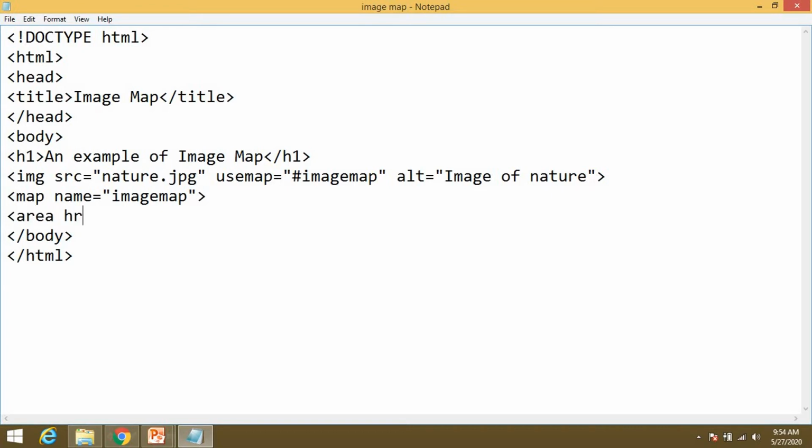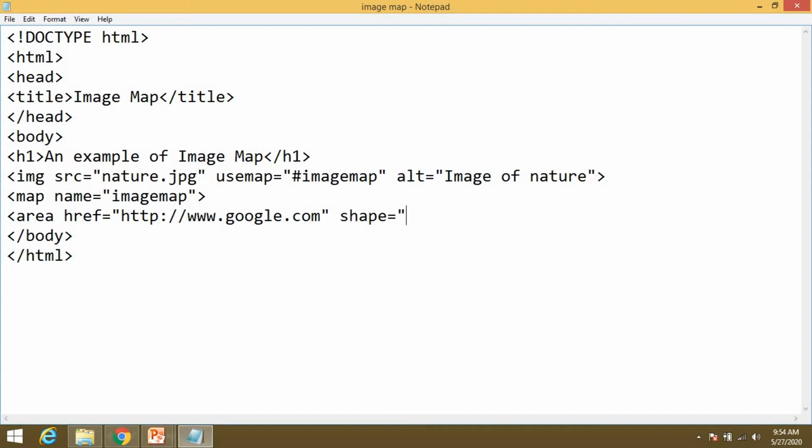Okay, href equal to, now you have to give the link for the image. I am going to give this as http://www.google.com. Okay, and after that, the shape.